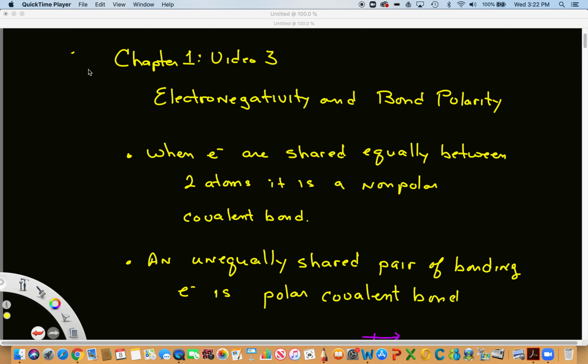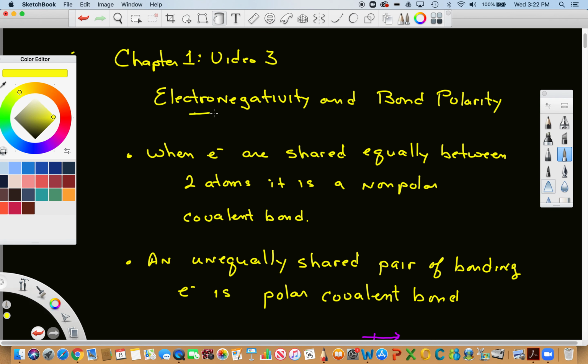Electronegativity and bond polarity. And if we remember in Chem 1 and in Chem 2, we probably discussed electronegativity and whether molecules are polar or nonpolar. So what we're interested in looking at is when electrons are shared equally,